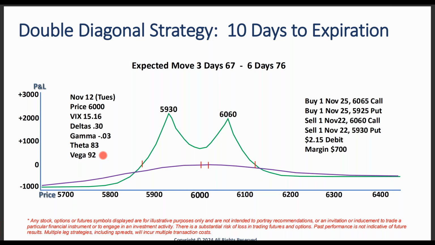So if the volatility goes up a point for each of the 4 options, that Vega says I make $92. But again, it's making a theoretical assumption that all 4 options will go up 1 point. And that's not realistic. Now, it could happen, but it's not realistic. But the main thing, here's the bottom line. There's only 2 enemies on this trade, price and volatility.